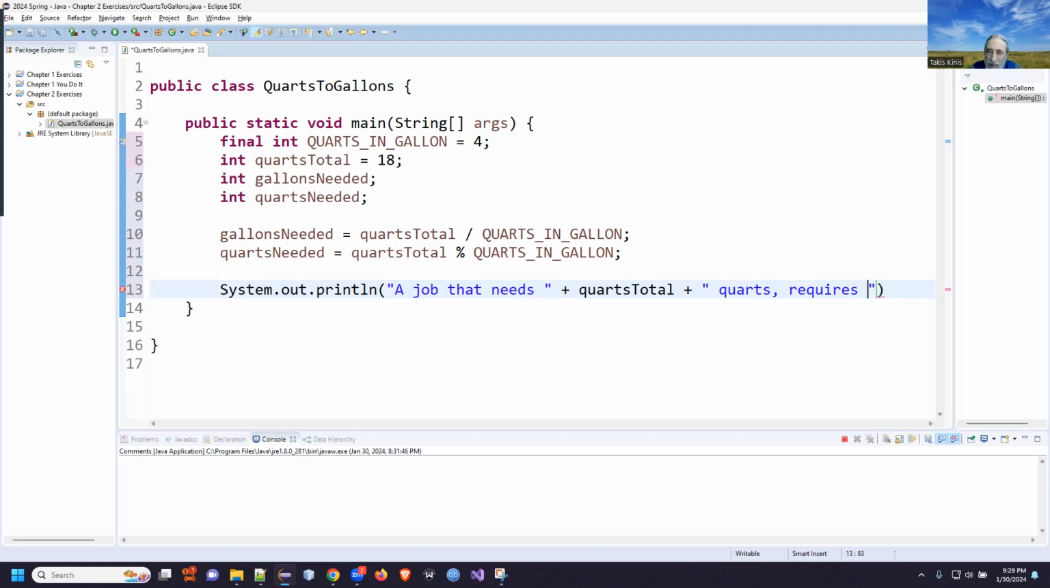requires, you notice I'm running out of space over here. I'm going to put an extra space here. I'm going to press enter. Oops, I'm going to press enter, put in a plus sign, my concatenation symbol, and then I'm going to continue my string here. But now I'm going to throw in a variable, and actually it's not going to be a string quite yet. So we're going to say gallons needed concatenated to